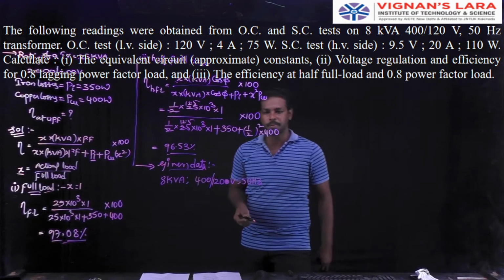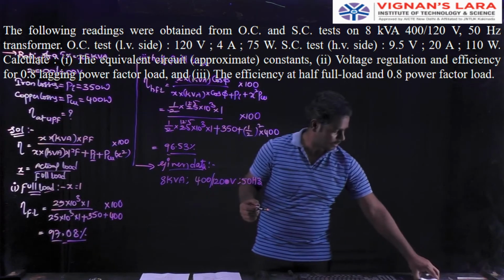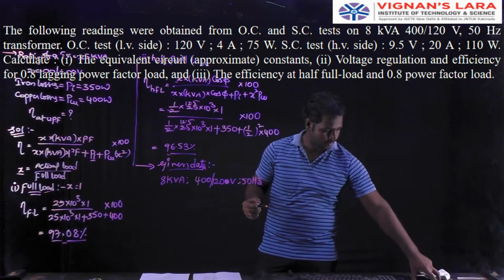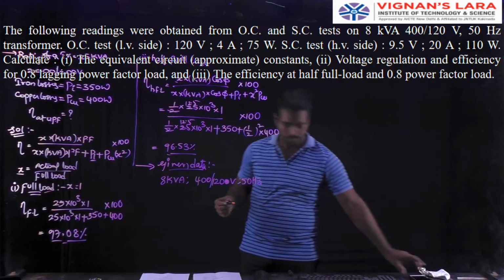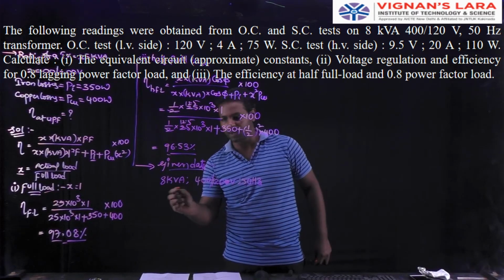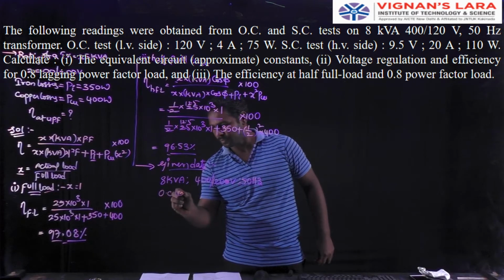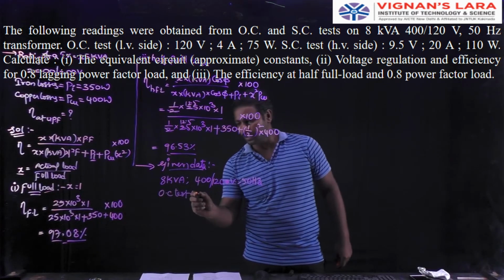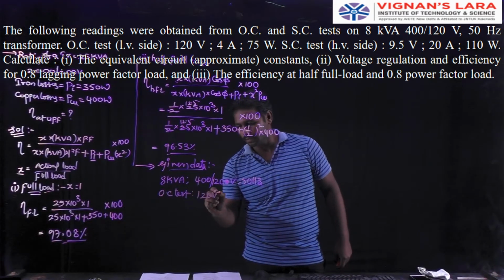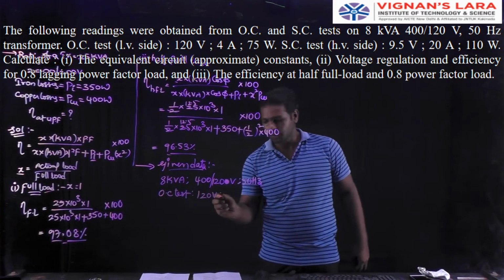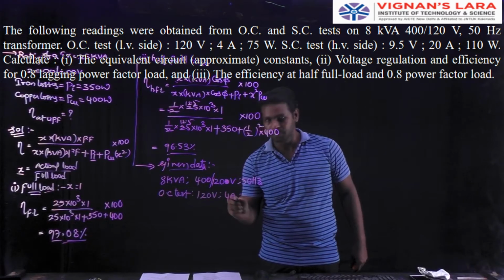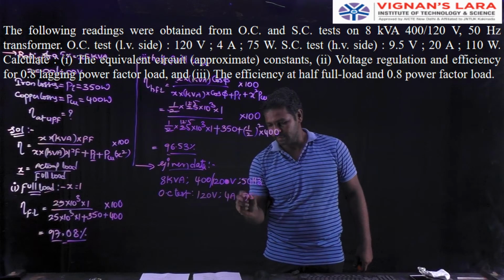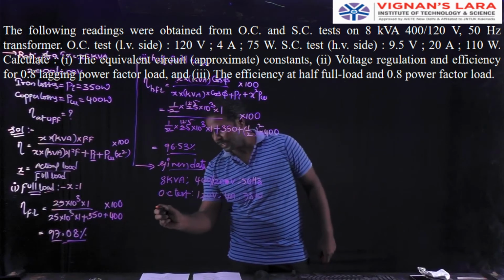The OC test, which is operated on the LV side, is 120 volts, 4 amperes, 75 watts. By conducting the short circuit test: